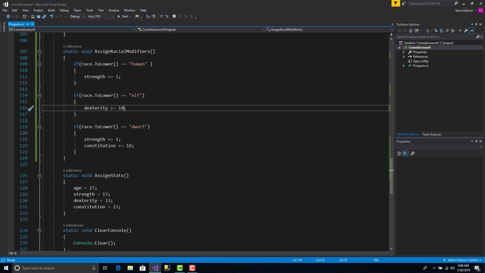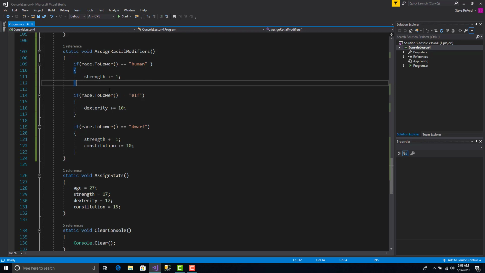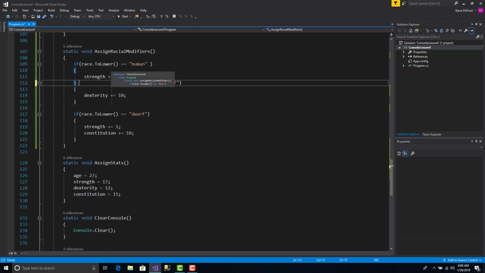But I only want it to be able to execute one of these, and then if it doesn't match any of these, to go to an else. So we learned about this in our lesson today. So what we're going to do is turn this into an else if. So if race to lower equals human, do this. Else if